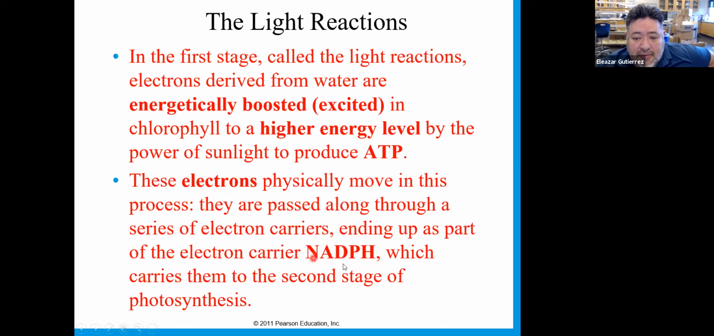NADPH. Because remember, in respiration we produce ATP and high energy electrons, right? And then these high energy electrons got turned into ATP. So here in photosynthesis we have to do the exact opposite. If we harvested ATP and high energy electrons in respiration, in photosynthesis we have to invest ATP and invest high energy electrons in the form of NADPH. Okay, so step one is the production of ATP. Step two is the production of